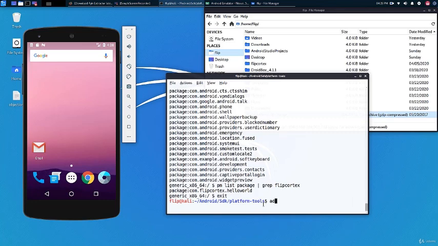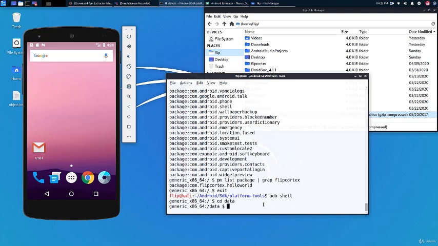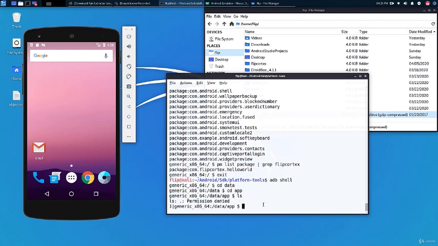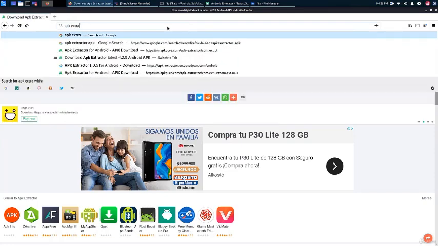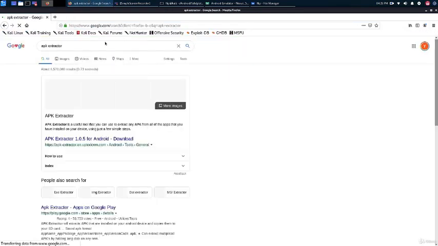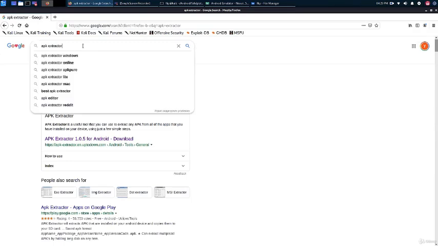So the location of the APK files we would want to look at are in the data/app folder. But we don't have permission because the device is not rooted. Here you will see a few different approaches on how to obtain an APK from the device, but we're going to opt for the lazy way. We're going to use an app called APK Extractor. There are different tools. Just search in the Play Store for the text APK Extractor and you will see many results. Find your favorite one and install it.